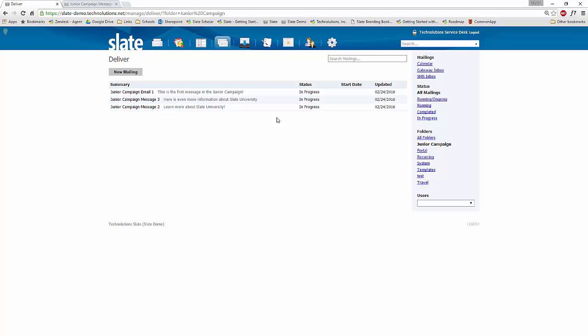If that student is a member of those populations, you'd be able to see what messages are planned to be sent to them based on messages that you've set to be ongoing. So that's some cool functionality that we're looking to release in the coming weeks and months. That would definitely be one reason to use populations for drip marketing. There are other filters you can use in Slate to approximate drip marketing, depending on your process, things like the